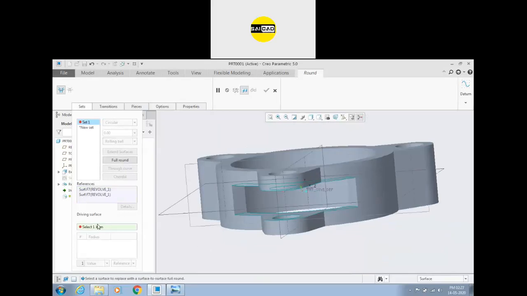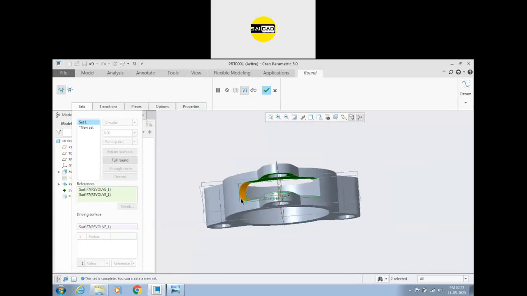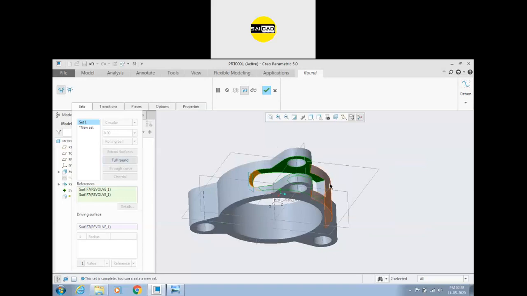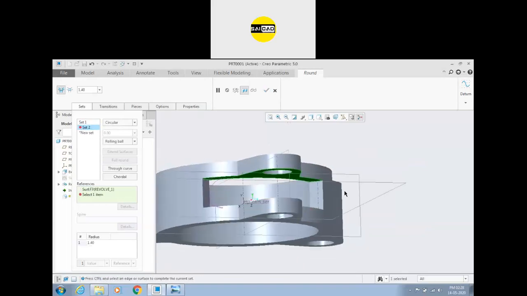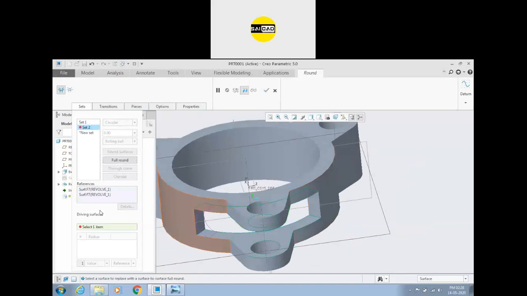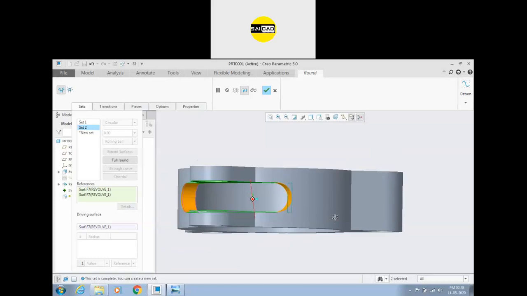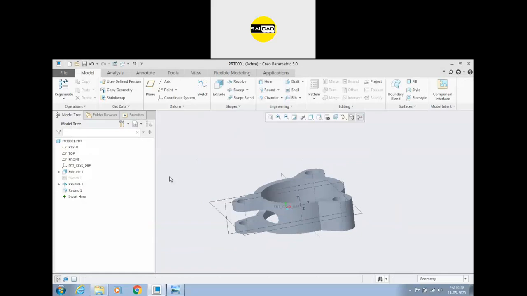Now you see a third option, driving surface, select the face. So the full round feature will be created like this. You can now create another one by selecting a new set, click here, Control, click here, and in the driving surface select this face. So you can see we have created two fillets like this. That is called a full round fillet, and complete.